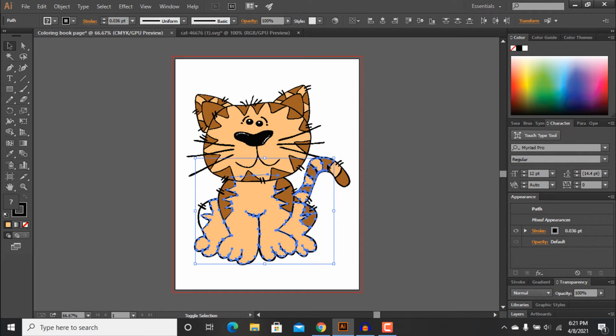I am just selecting various different elements here by pressing Shift and pressing different elements.